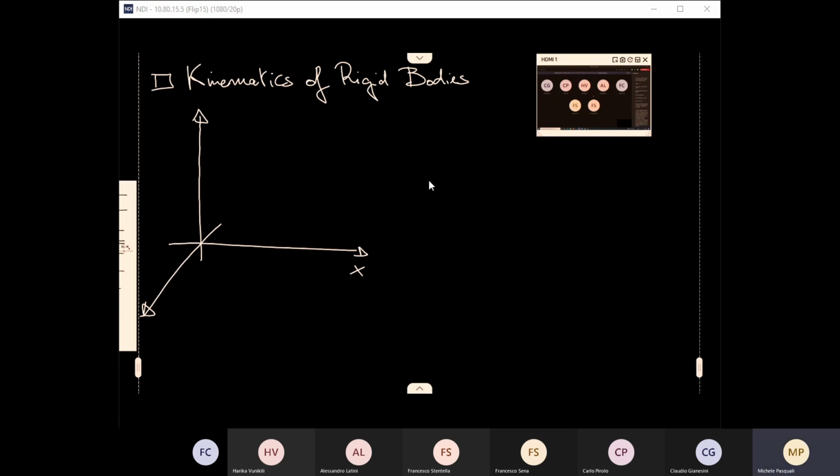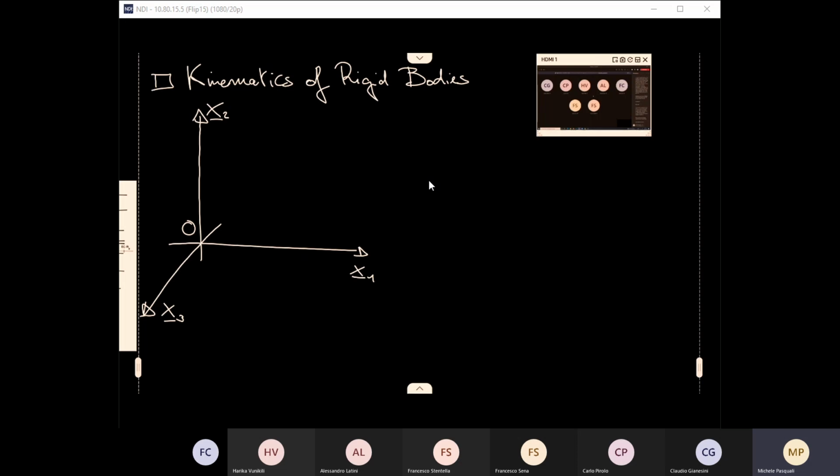So please be attentive to that. For example, I will denote a vector with an underbar like this. So this is x1, x2, and x3, and then we have O as an origin. And this is the first frame. Then, since we have multiple bodies, because we are talking about multi-body dynamics, typically what we do to simplify the description is associating a reference frame to each body. Each body has its own reference frame.